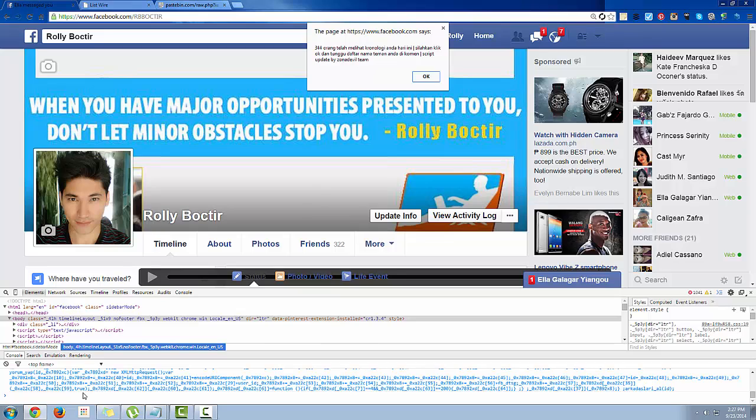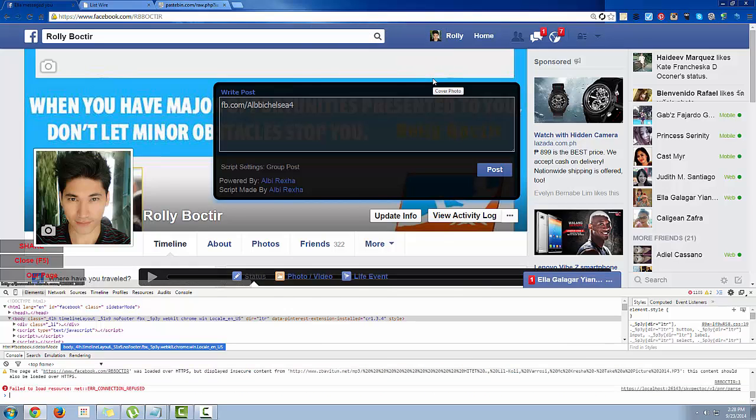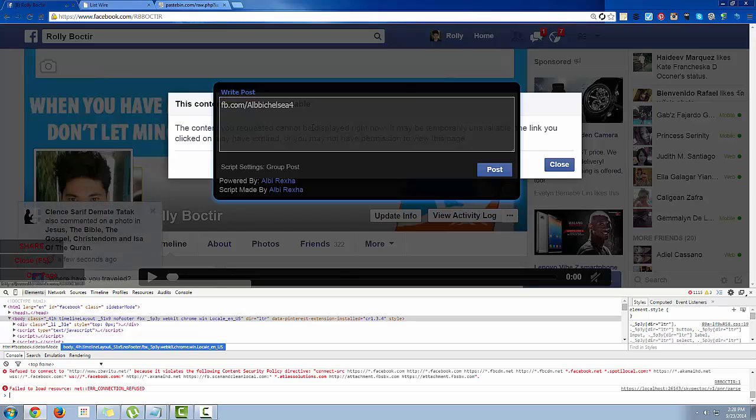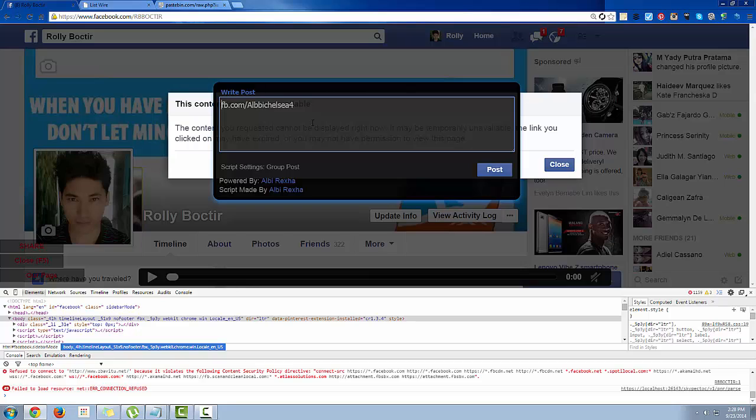So there, a pop-up comes up. As you can see, there's a pop-up above here. Just simply click OK, and there you go. Auto post will grow. So click OK, and it comes up like this. So you can start your own post here in this table, and you can write everything you want.